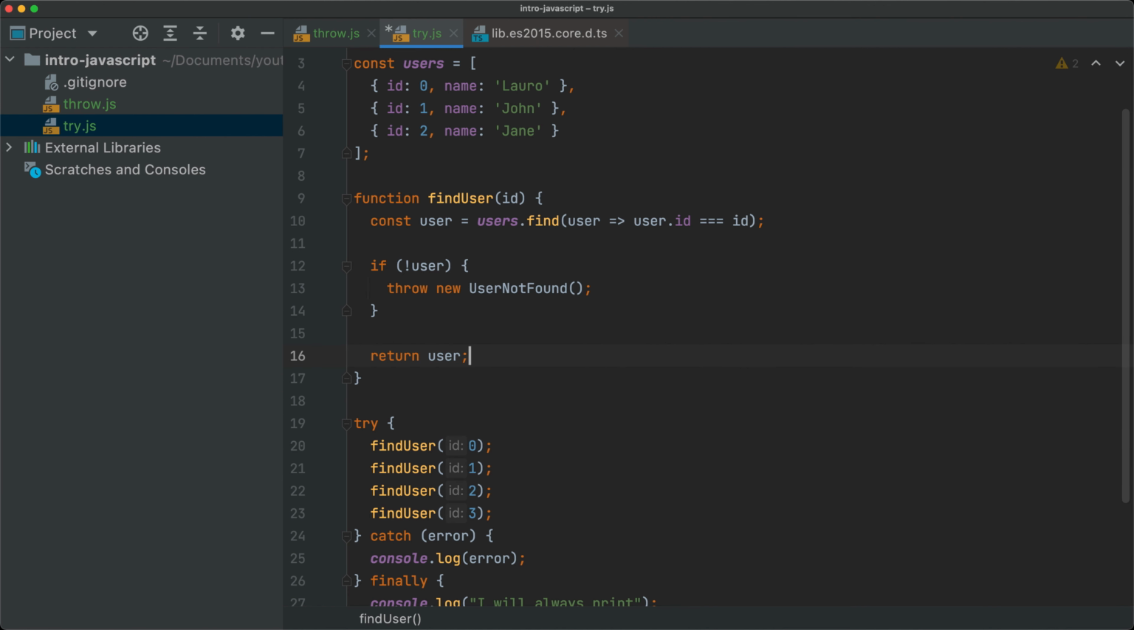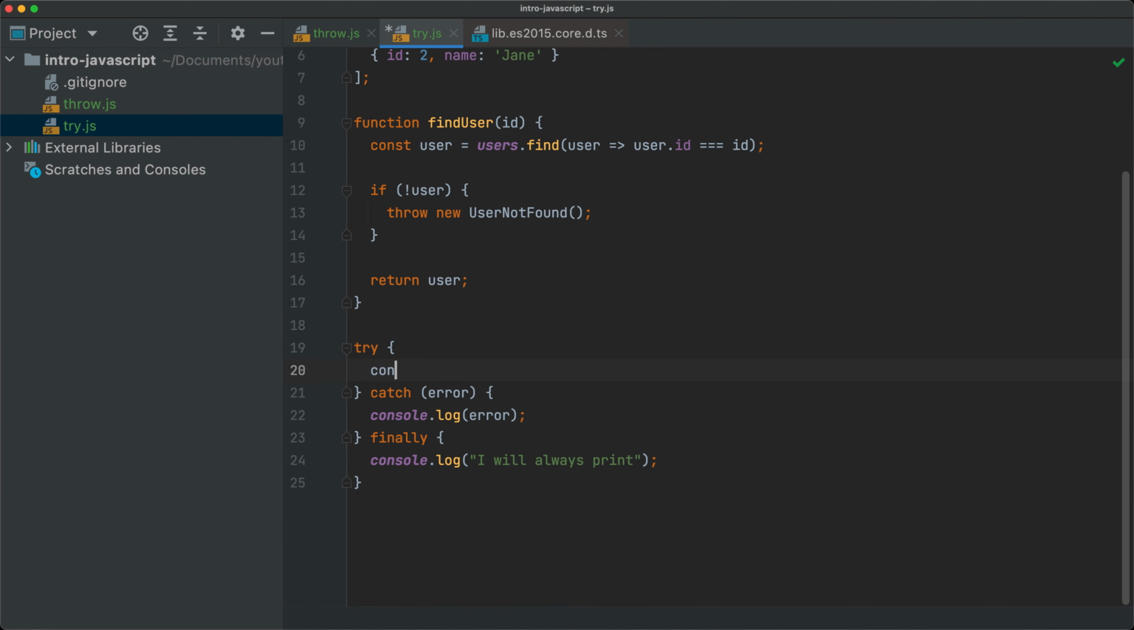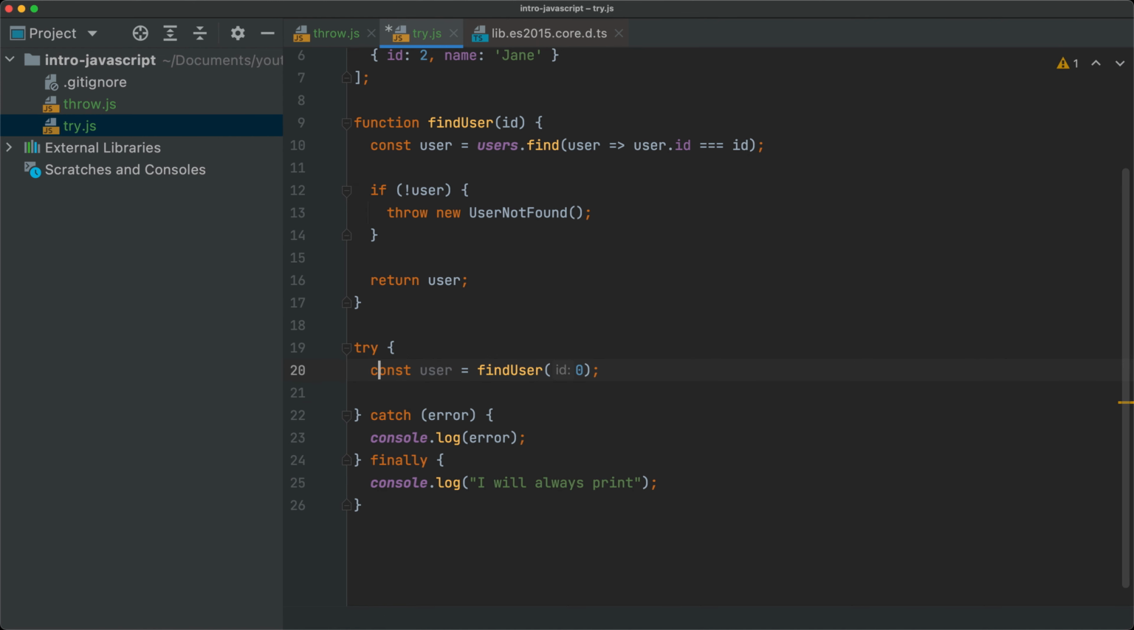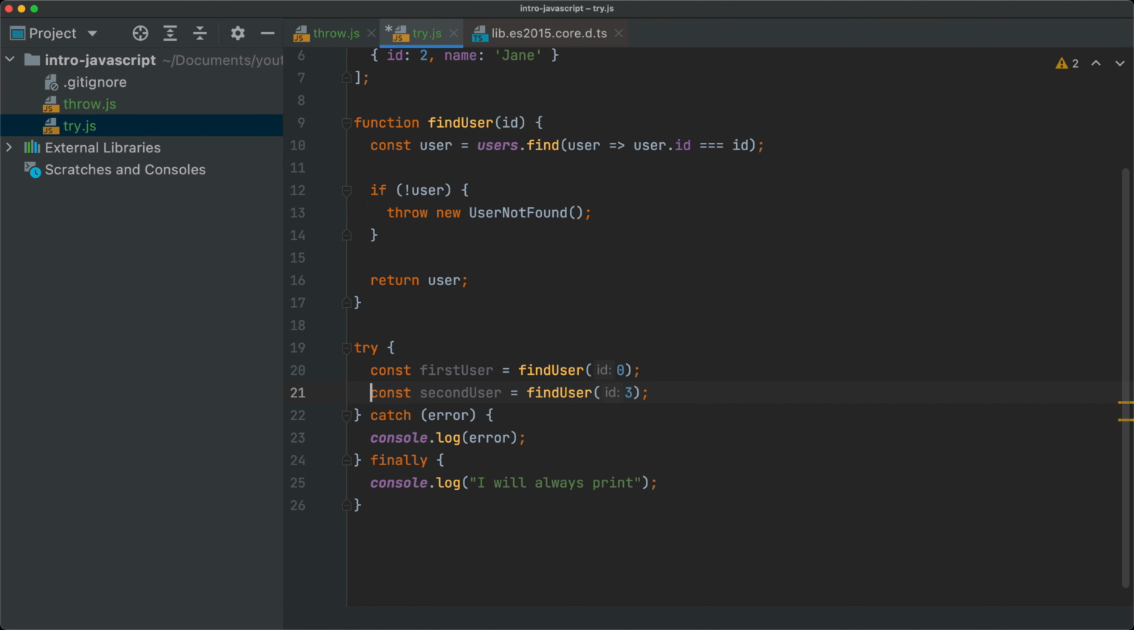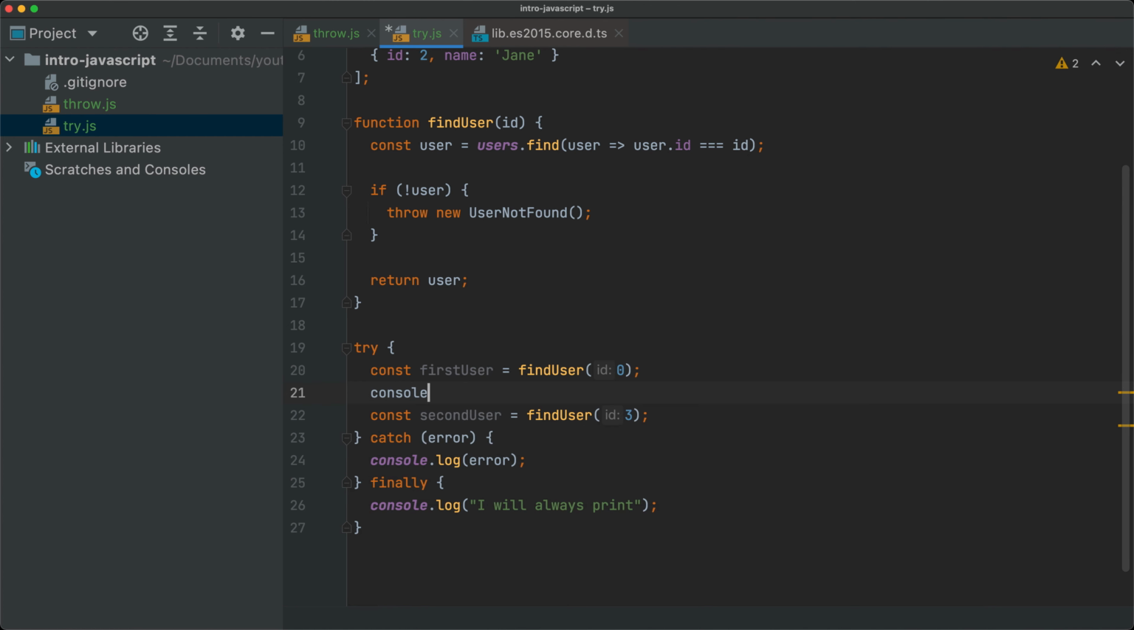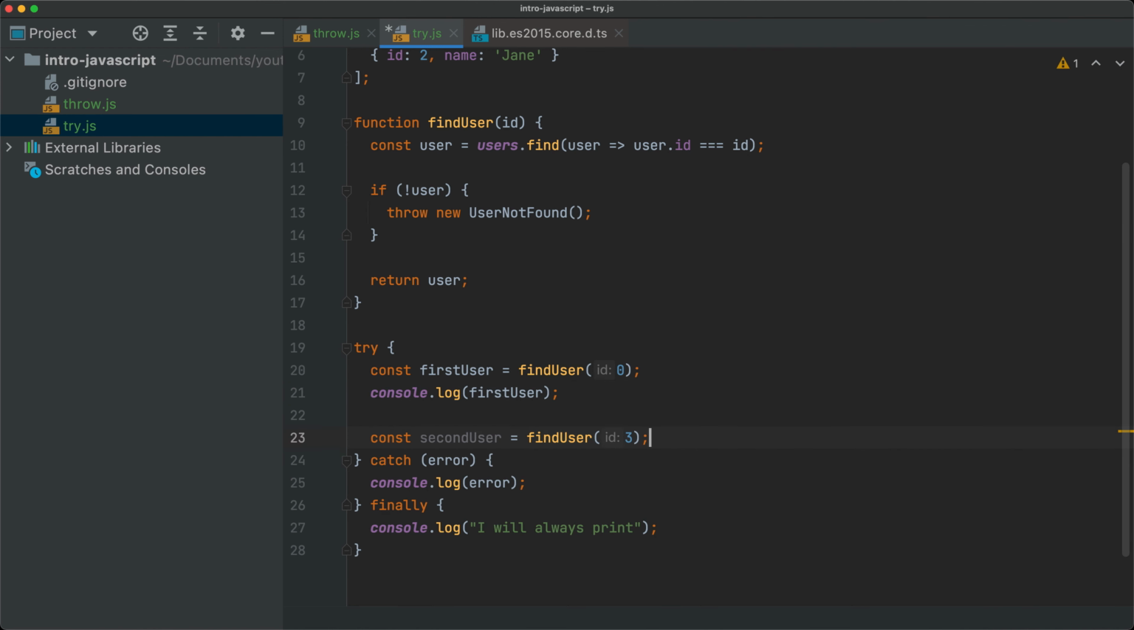So now I can say that within my try block, I'm going to say const user is equal to find user, and here maybe I can try to find with 0, and then I can also say first user, and then we say const second user, and we'll say find user with an ID of 3. And as we know, this is going to throw something, and this is going to just give us back the user, right? So if I save this, and maybe I can also add a couple of console.logs here. So the first user, and I also want to console log the second user